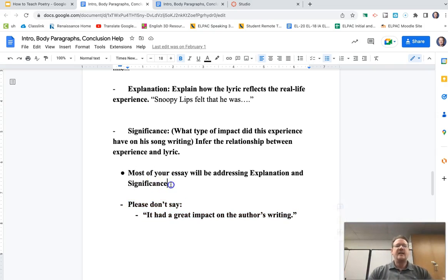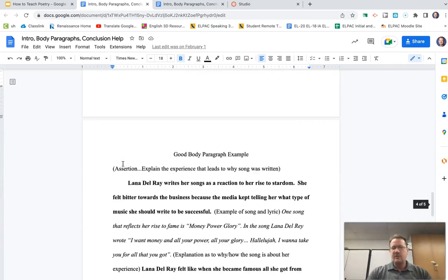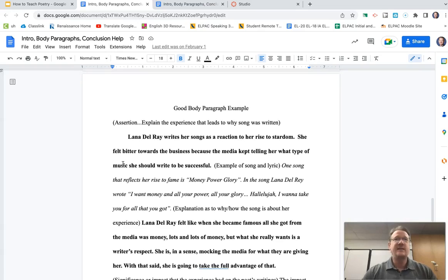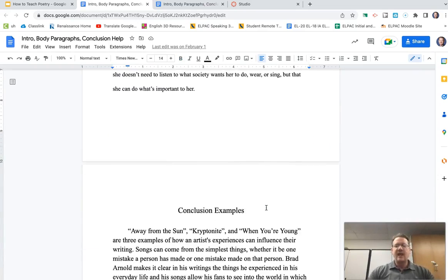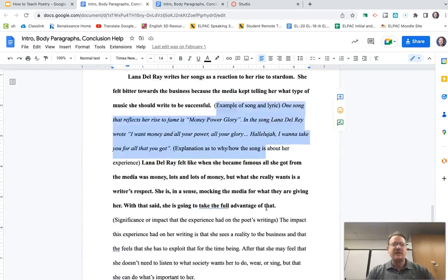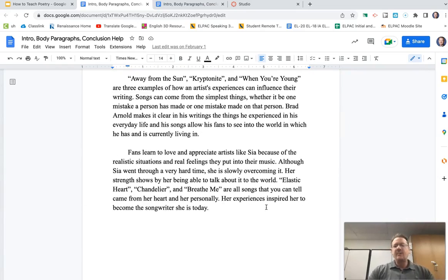As long as the attempt of analysis is good, the attempt is there, they'll earn a good grade. And I'm not against giving A's on essays, especially in 9th grade, as long as the effort is there, the format is perfect, and they tried analysis, right? Here's an example of a body paragraph. You can see that I bolded the assertion. And you get the idea. I don't need to explain this to you. I give that to the students as an example, and I say, just follow what that person does. And then examples of some conclusions.